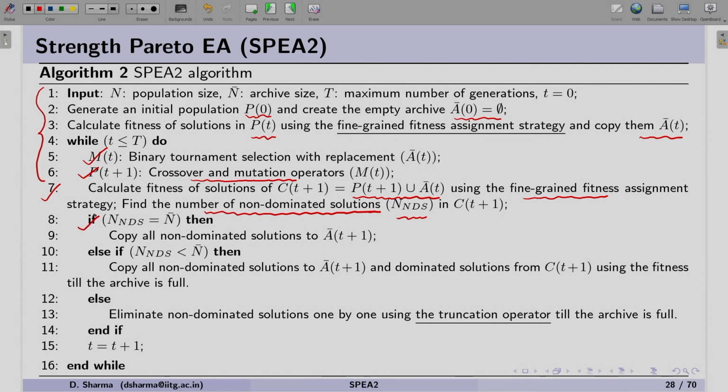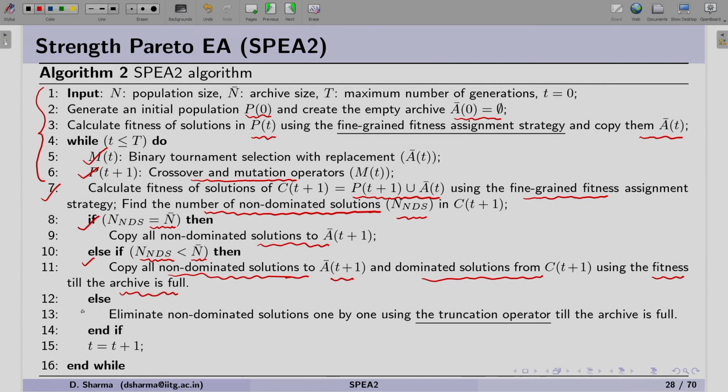As we can see in step number 8, the number of non-dominated solutions can be equal to the size of the archive. In this case, we copy all the non-dominated solutions into the archive. If the number of non-dominated solutions is less than the size of the archive, we first copy the non-dominated solutions to the archive and thereafter we copy some dominated solutions based on the fitness till our archive is full.